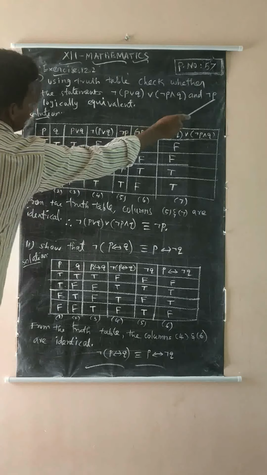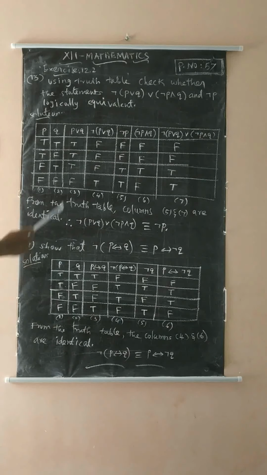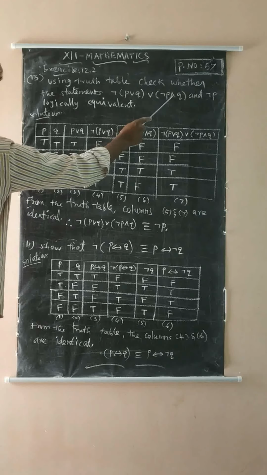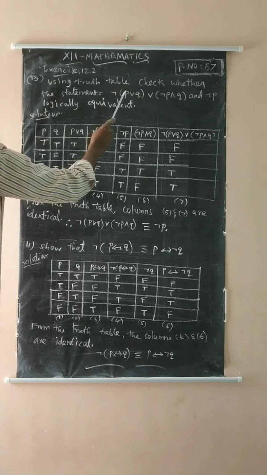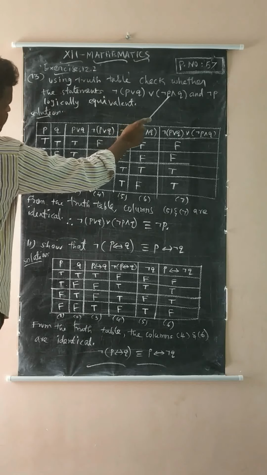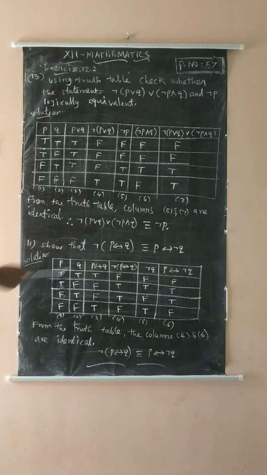Solution. In this statement there are two simple statements, so we can draw 4 rows, and one more row is added to fill in the statements. First fill in P, Q. Next P or Q. Next negation of (P or Q). Next we want negation P, and the next negation P and Q. Next negation of (P or Q) or of (negation P and Q). That is the other one. Negation P is already filled.